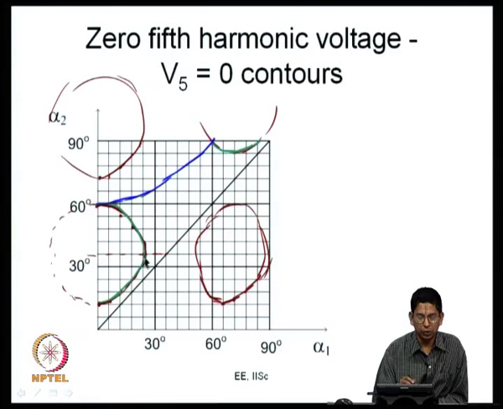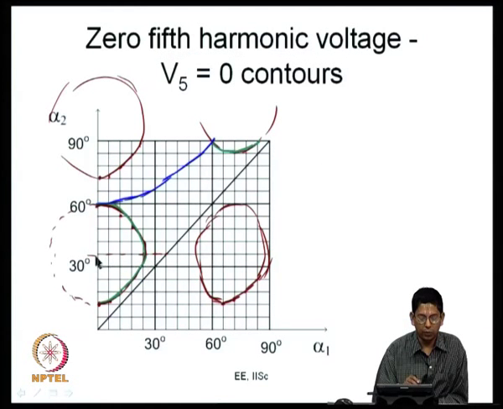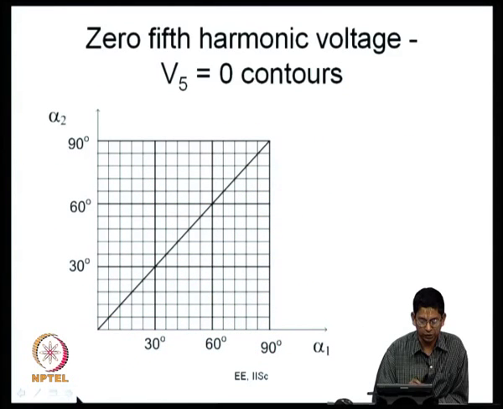So, when alpha 2 is equal to 36 degrees, your alpha 1, sorry, it is 24 degrees. So, alpha 2 is 36 degrees, and the corresponding alpha 1 is 24 degrees. These points you can very quickly identify, the points where this curve has 0 slope and infinite slope, and you can also plot them very quickly.